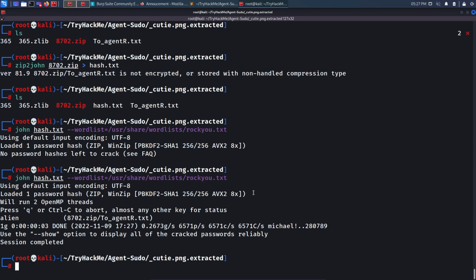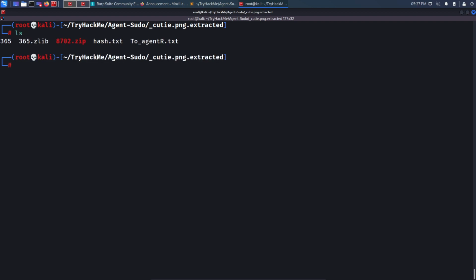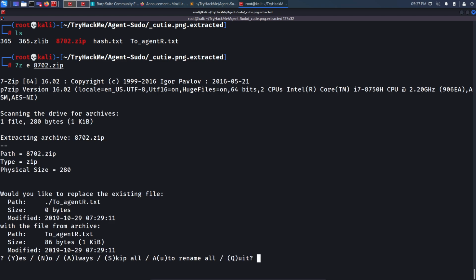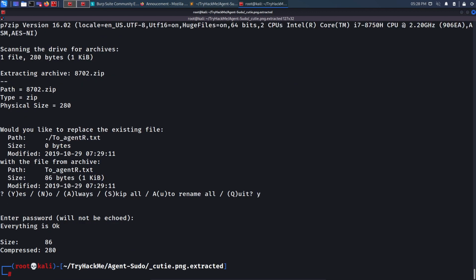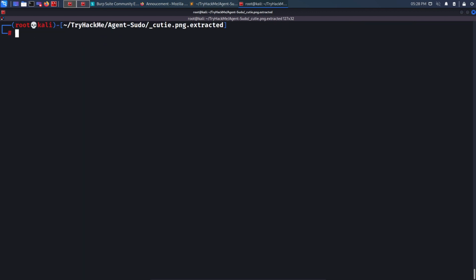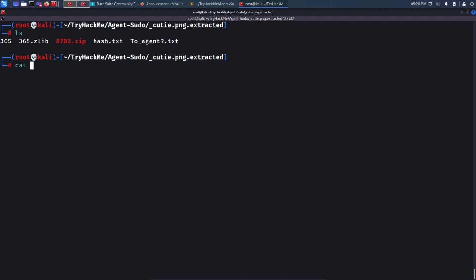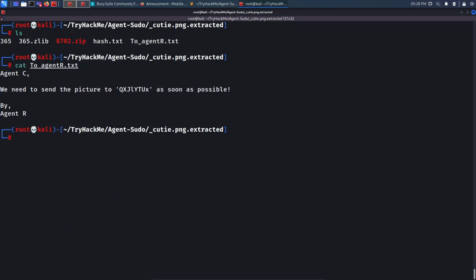So what I'm going to do is, if I do ls again, and now if I do 7z e for extract 8702.zip file, hit enter, y, hit enter, and now if I do alien, hit enter, now I have successfully extracted that one. And if I now cat out agent r.txt, now I can see it says